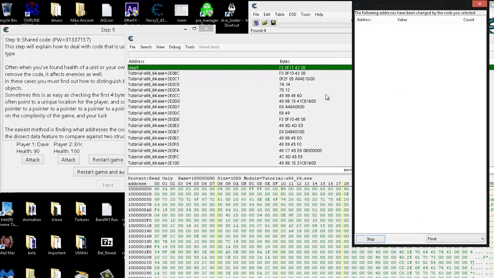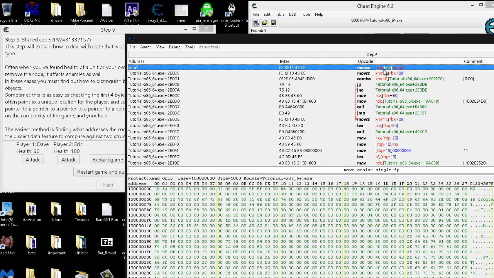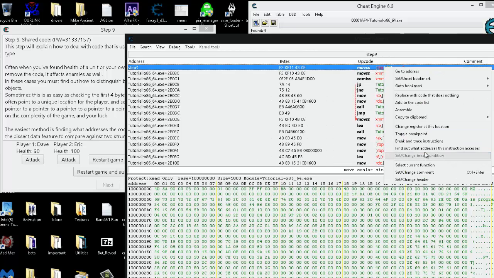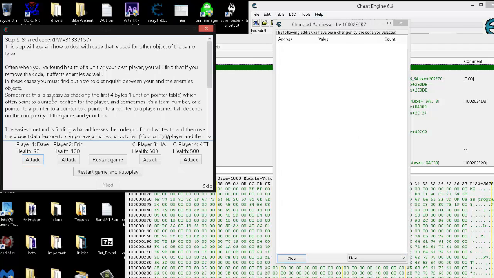We right click on it. I'm sorry, I kind of did that too quick. You right click on it, find out what addresses this instruction accesses. Go ahead and put it on float so we can get their true values, and just go take some more damage off each one. So we hit Dave, and there's Dave's health address. Hit Eric, there's Eric's health address. Let's hit Hal, there's Hal's health address. And let's hit Kit,